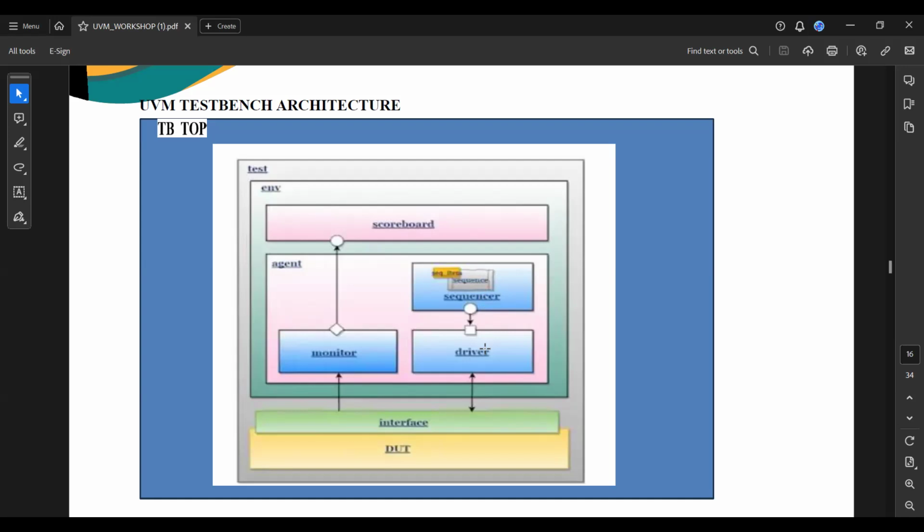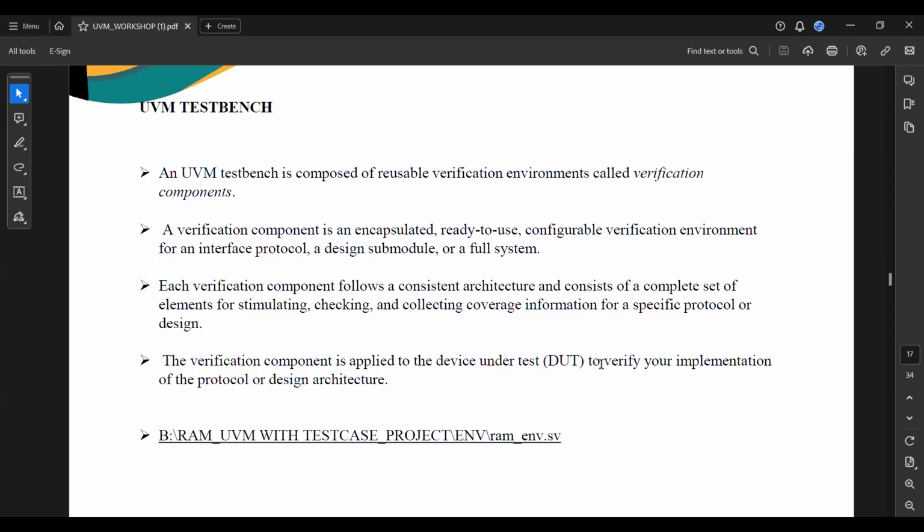So we will discuss all those further. If you still don't get it, we will discuss again. Okay. Yeah. So now what we are trying to say is the UVM test bench has different verification